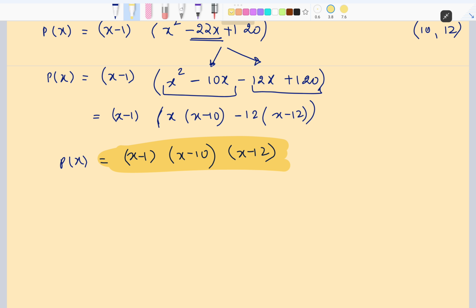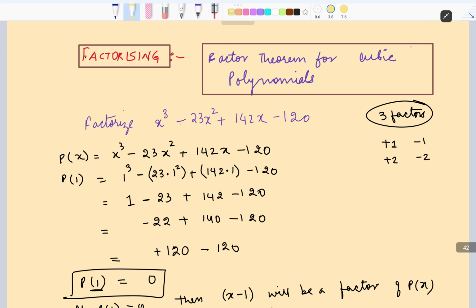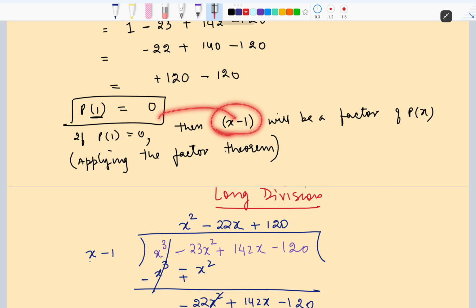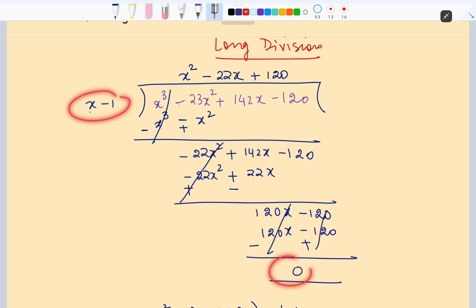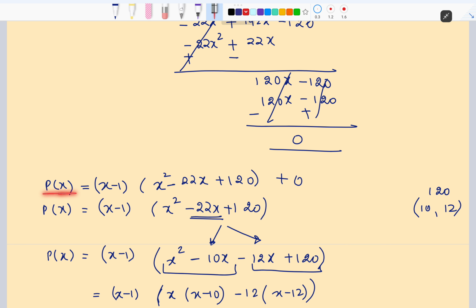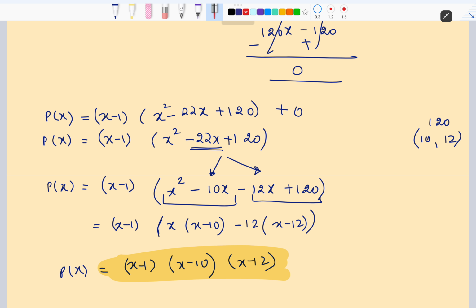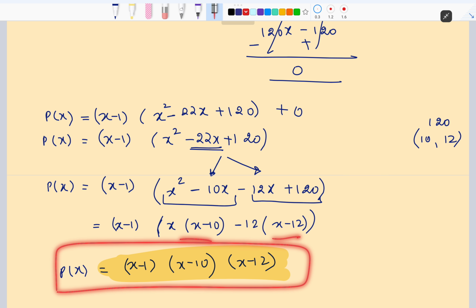ठीक है, let's revise again how to factorize a cubic polynomial. It's a little lengthy process but it's very easy and it's very straightforward. सबसे पहला स्टेप है आप first factor निकालते हो by finding the zero of the polynomial using the hit and trial method. ज़ीरो मिल गया तो वहाँ से आप फैक्टर निकाल लेते हो. उस फैक्टर से आप अपने पॉलिनोमियल को divide करते हो. Of course because it's a factor आपका remainder zero आएगा, so you are going to get a quotient, right? Then you can write your polynomial as your divisor multiplied by quotient, correct. उस quotient को आप जब split करोगे the middle term of it, you will find 2 more factors and you will have all the 3 factors.